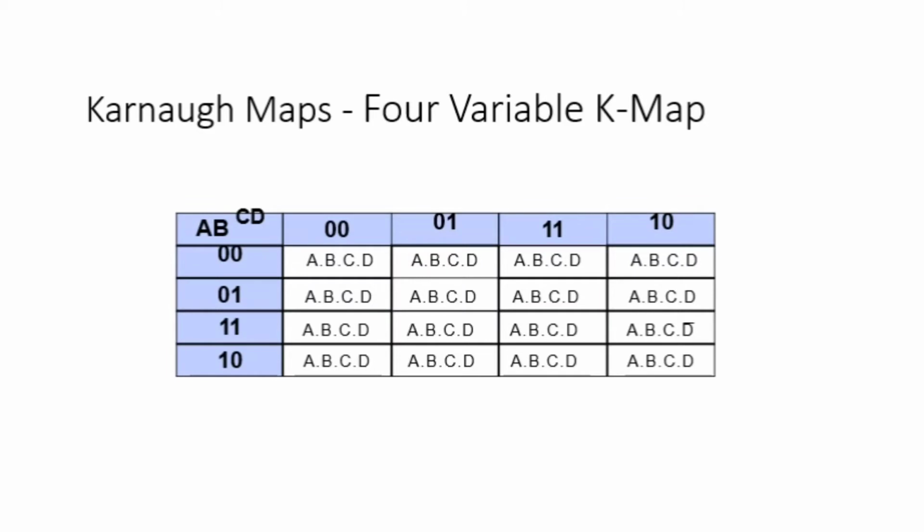For the 4 variable K-map, A, B, C, D, these entries will be in the form of A, B, C, D. Wherever we want to put the bars, we can check that. Let's suppose I want to prepare this one. Here A, B is 1, 1, and here C, D is 0, 1. That means C should have a bar. Similarly you can prepare this for all other cells. For this, if AB is 0, 1, that means A will have a bar. And similarly from the column I am having 1, 0, that means D must have a bar. So this is the main term writing in this K-map for 4 variables.